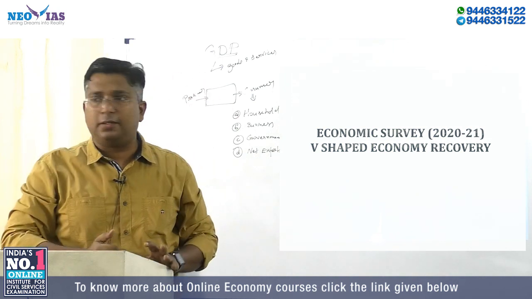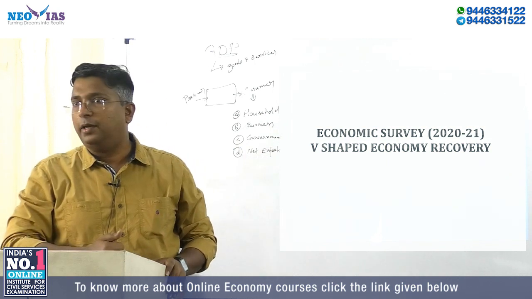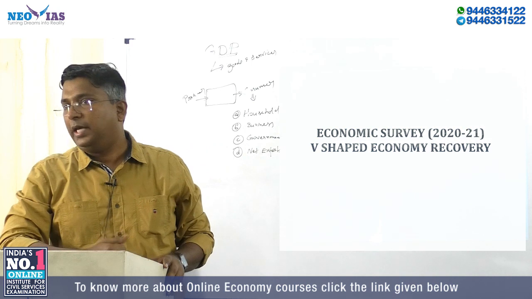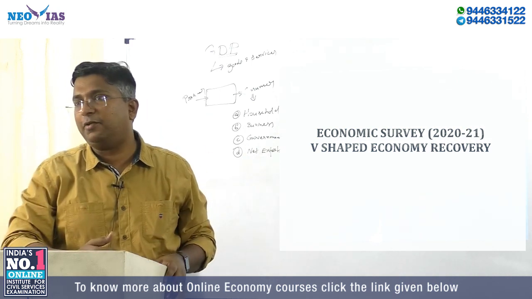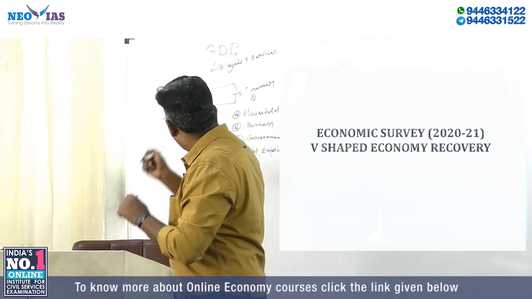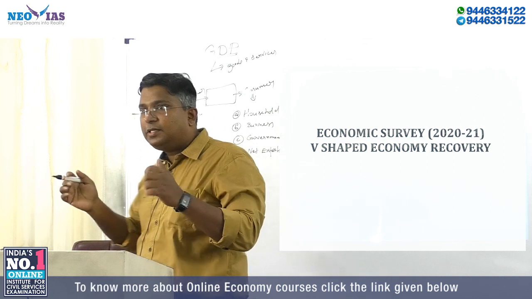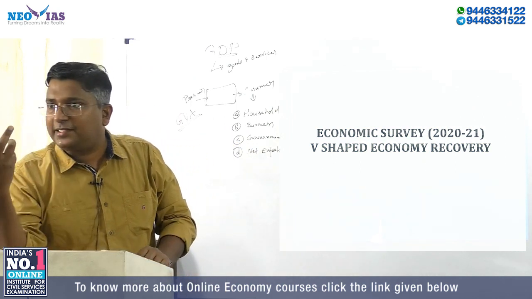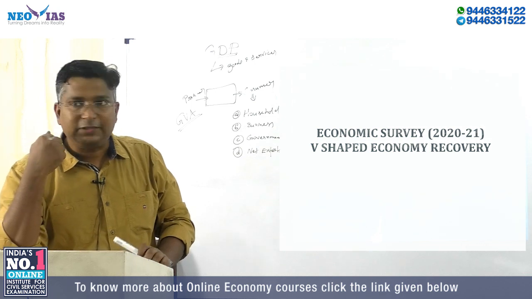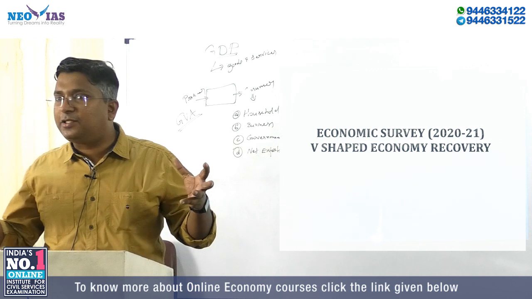The primary sector, or agriculture, is producing something, it has value. The industrial sector is producing something, it has value. The service sector is also contributing, it has value. But here, we will use the word gross value added. Like in the case of GST, we discussed the concept of value addition. That's why it is called value added.